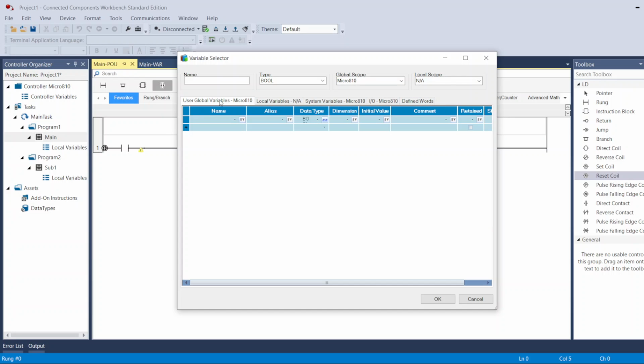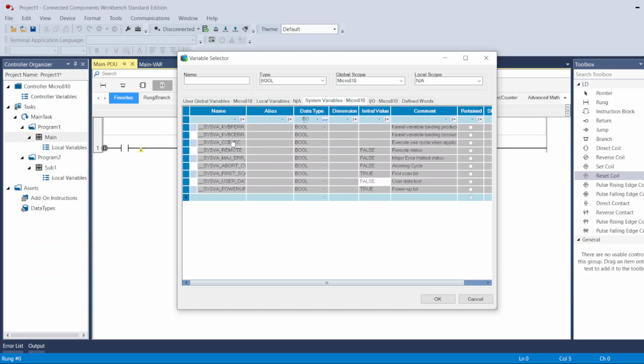So the user global variables are all the tags that I'm going to be creating inside the controller variable. The local variable main is all the tags that I'm going to be creating under the local variable under main. And because I'm inside the main program, it's going to show me only this. It's not going to show me the local variable for sub 1. System variables are tags generated by the PLC, by the software itself, I mean, and that you can use